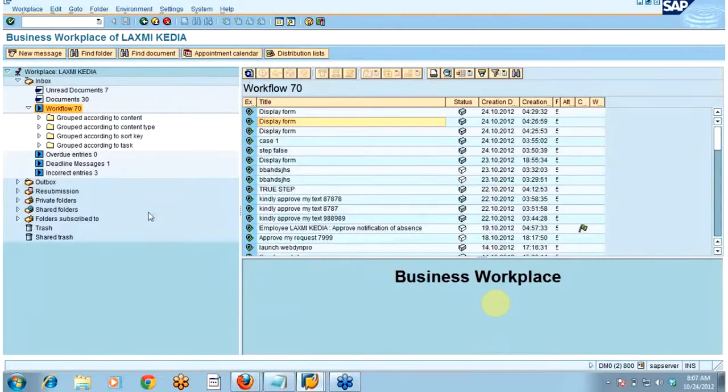You can see here, once I clicked on refresh, step 2 disappeared from the inbox of the user. I haven't executed step 2, I have executed only step 1. Then how come step 2 disappeared from the inbox of the user? Can anybody tell me, or any guesses?